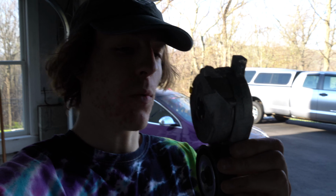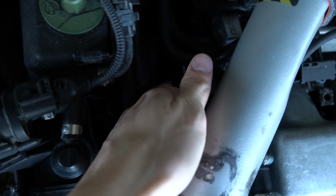Also guys, I did snap this tensioner pulley. If you guys missed yesterday's live, the live is on my YouTube channel, and I tried bending this back because I thought it was bent because it wasn't going straight, and I wound up snapping it, which really stinks. But the reason that I thought it was bent was because there's actually only one bolt in the bottom here, and there's supposed to be 2 top bolts. So whoever owned the car before me, I'm not saying it was the previous owner, but maybe it was the owner before the owner that sold it to me. It only had 1 bolt in the bottom and 2 bolts were missing from the top, so it was actually spaced out,